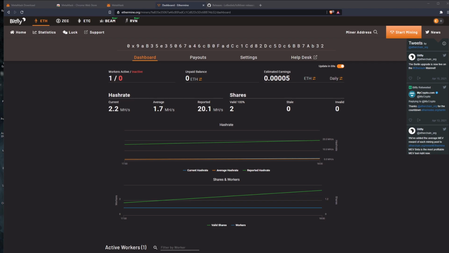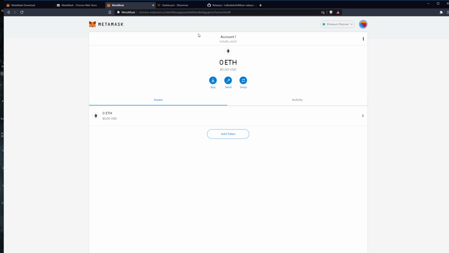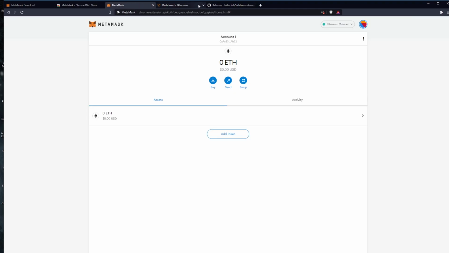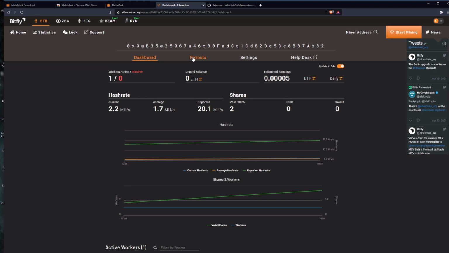So one thing I nearly forgot to mention is, what is all of this? What is unpaid balance? What is estimated earnings? And the main question you're probably asking is, is this going into my wallet? Because you've probably gone into your wallet and you found, what? I've still got 0 Ethereum. Well, guess what? You cannot get the Ethereum in your wallet until you have reached the minimum payout in Ethermine. So basically, if you go to payouts,